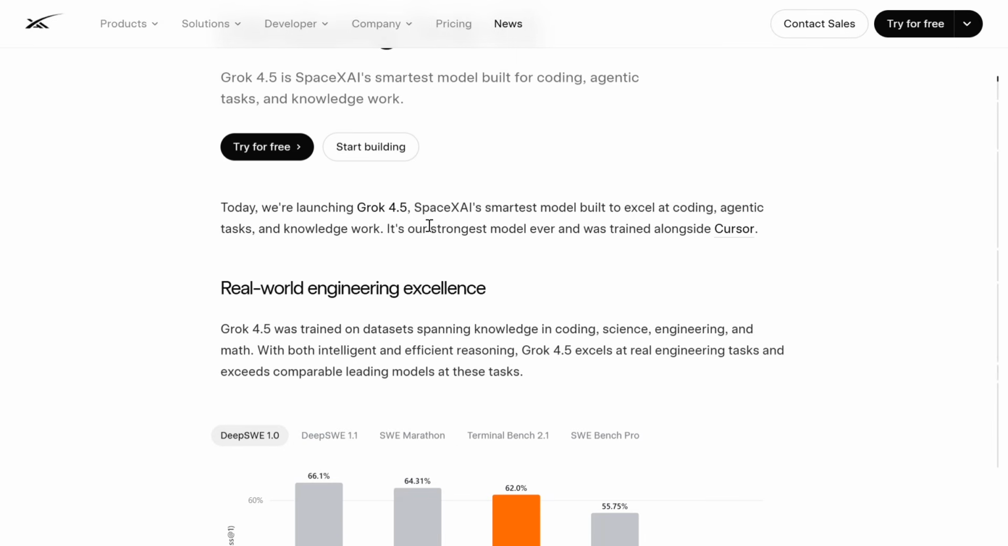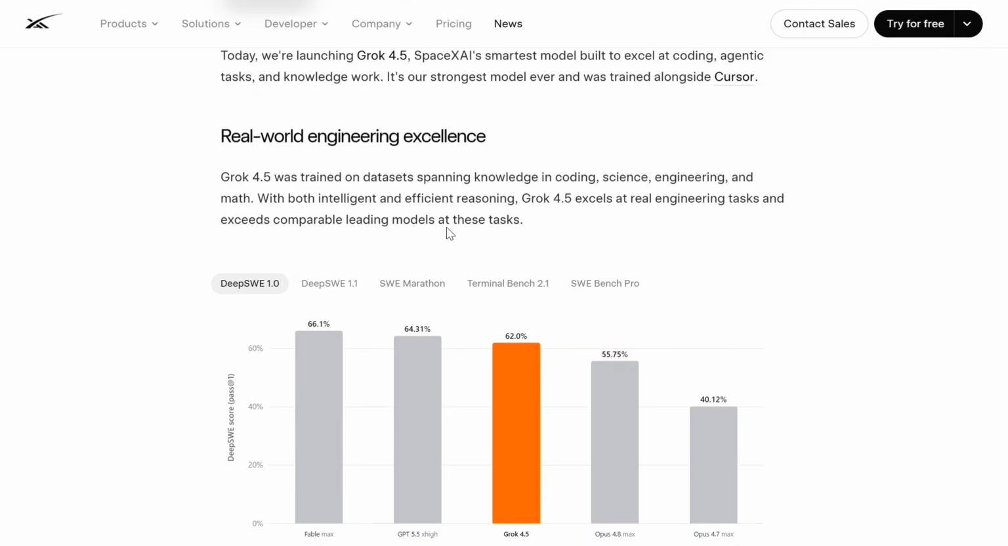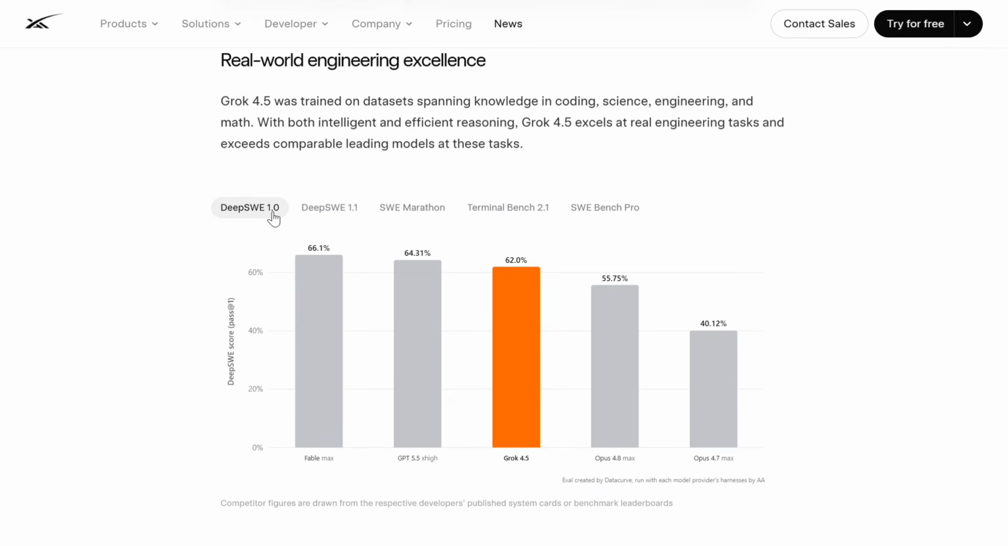Today we are launching Grok 4.5, SpaceX AI's smartest model, built to excel at coding, agentic tasks and knowledge work. It's our strongest model ever and was trained across Cursor's real-world engineering excellence. As you can see, on Deep SWE 1.0, the model is just behind GPT 5.5 High and Fable Max. That's the best part. On Deep SWE 1.1 also, I think it is overtaken by Opus 4.8, but still